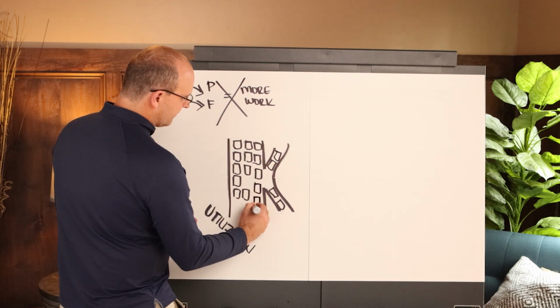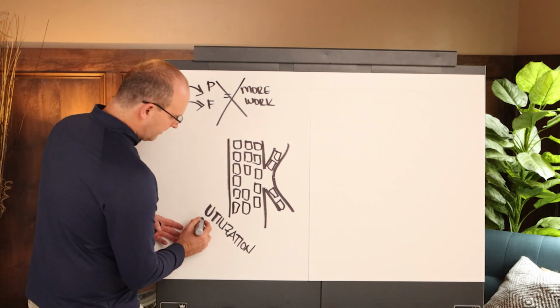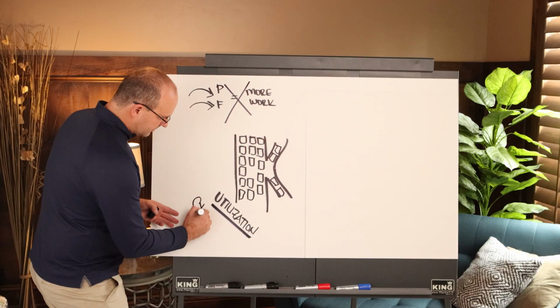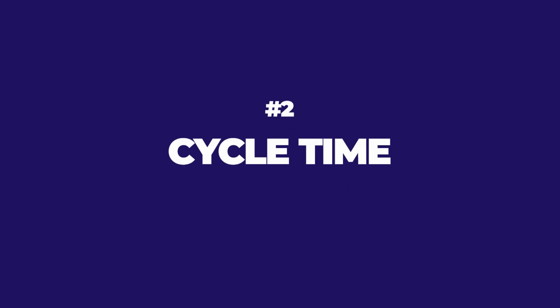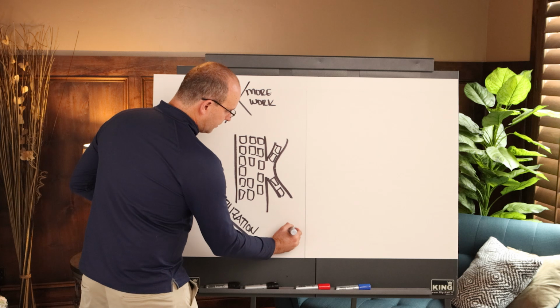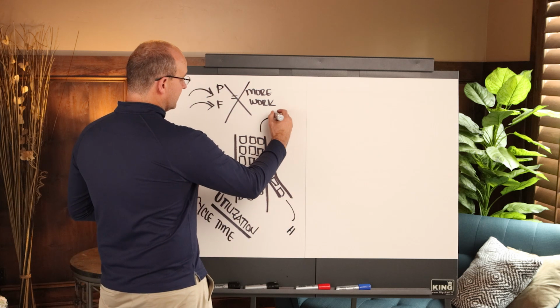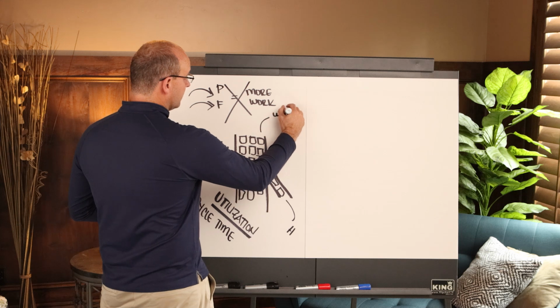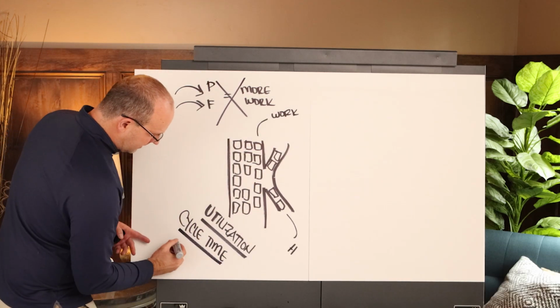When you look at this from an overall standpoint, and you can see this in traffic patterns, when you have high utilization, the cycle time, which is the amount of time it takes to get one thing done from start to finish, let's say your car going from your home onto the freeway and then to the next off-ramp and on to work, the more utilization you have here, the longer your cycle time is, meaning this will